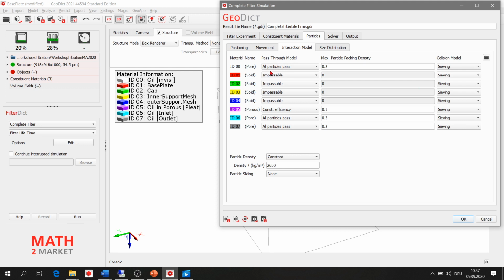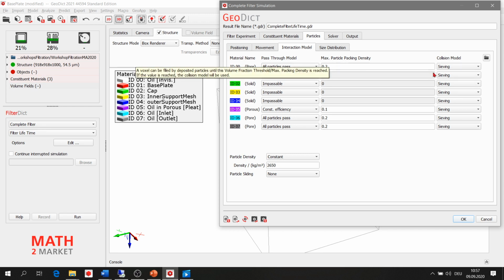The meaning of this number is that, for example, if we have a pore voxel which at the beginning is empty and is filled later with particles, and 20 percent of this pore voxel gets filled with particles, then we consider this voxel as a full voxel.